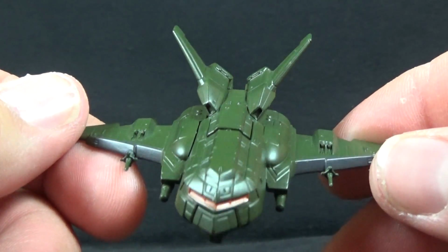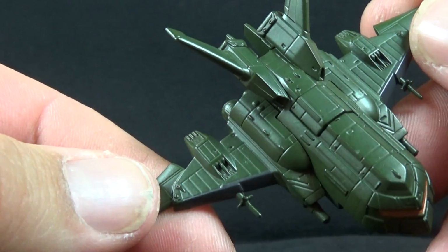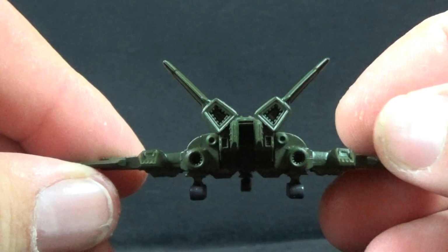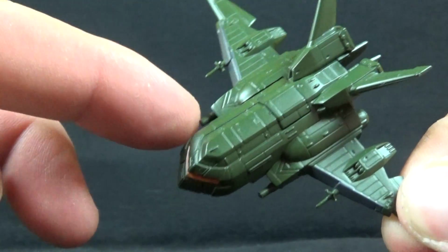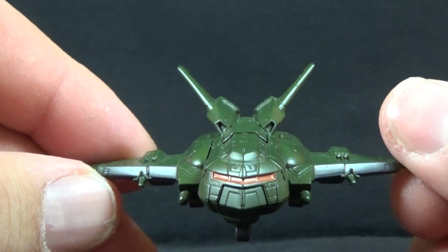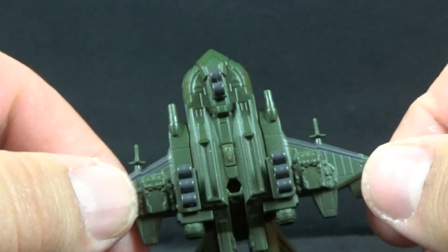Matching the little tanks, that has a great army green paint job on it, and a lot of great sculpted detail on here, all the little panel lines, the vents. We've got the boosters in the back, which look absolutely wonderful. Got a couple little guns here on different parts of the wing, and of course the cockpit painted a nice orange. On the other side right now I have the 3 sections with landing gear,